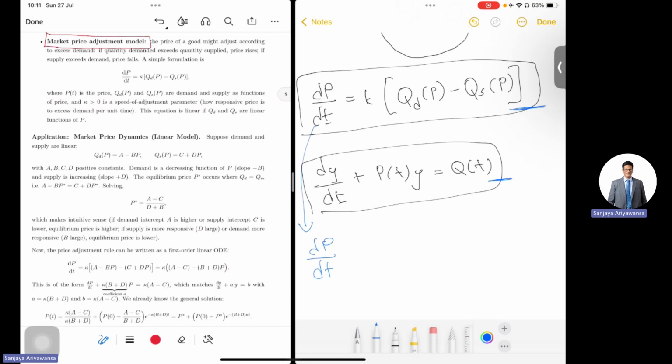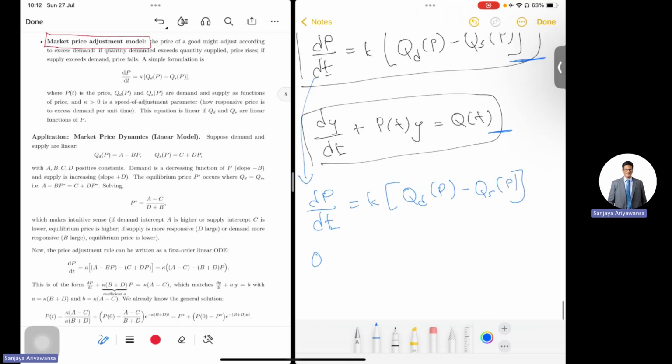So let's look at this: dP by dt equals, that's the original, the difference between quantity demanded, which is a function of P, and quantity supplied, which is a function of P. So we need to know what QD is. QD is given by, let's assume, the simple standard linear function for demand, a minus bP, where a and b are constants. QS(P), supply, is the standard